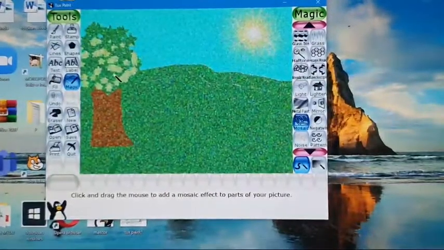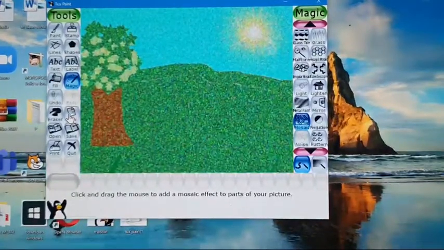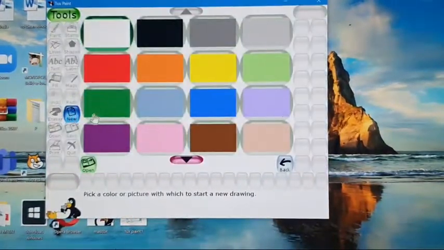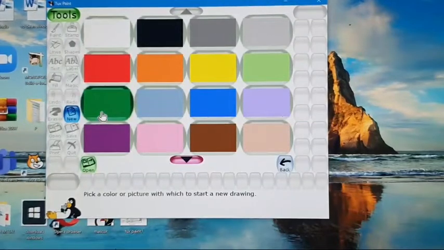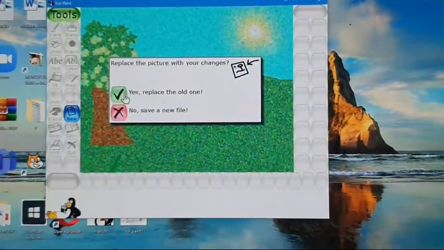Okay. For that purpose, just select a new file. I'm going to select a new file with green background color. Okay. Now click on open. See, I have opened a new file with green background color. Now select that magic tool.